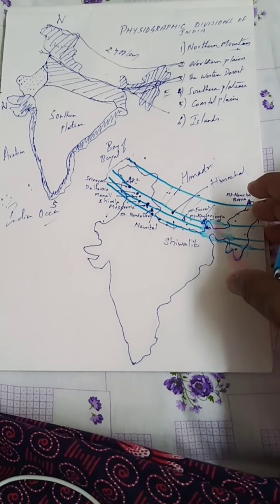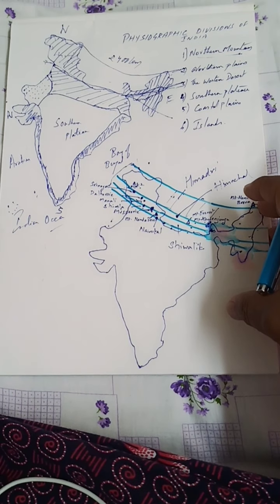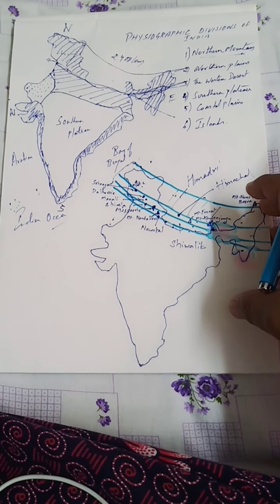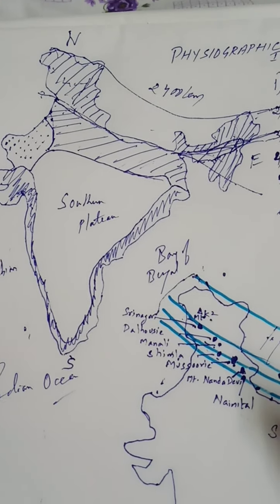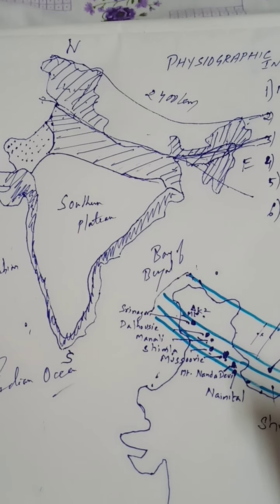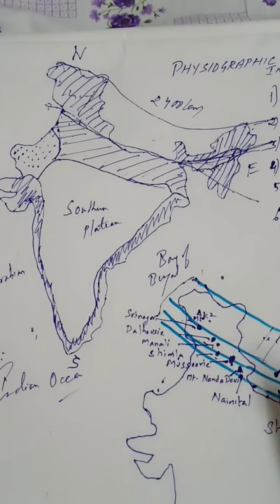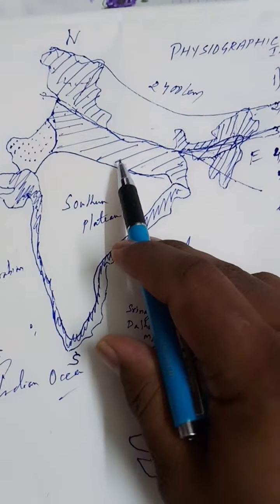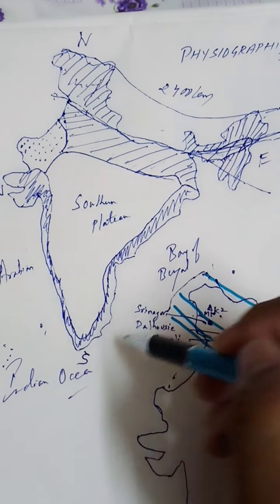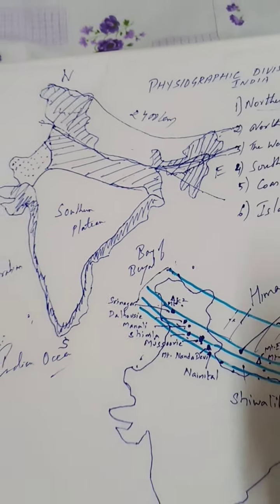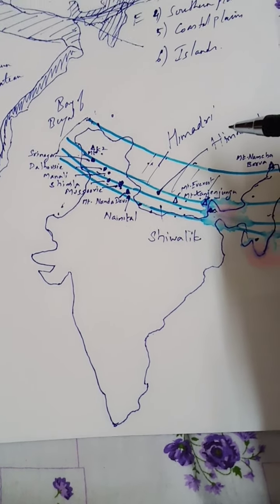Hello students, as in the previous class I had shared videos regarding the classification of physical features of India and explained through a map the different physical regions of India, like northern mountains, northern plains, deserts, then Deccan Plateau, coastal plains, islands, etc. Isn't it? And after that, I discussed even the northern mountains and its classification